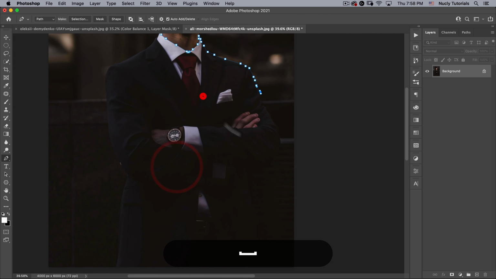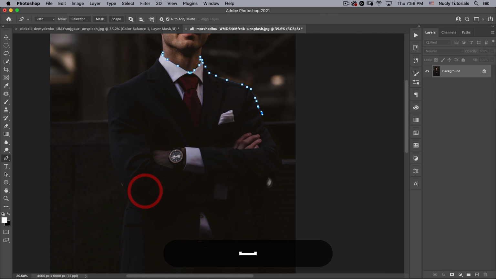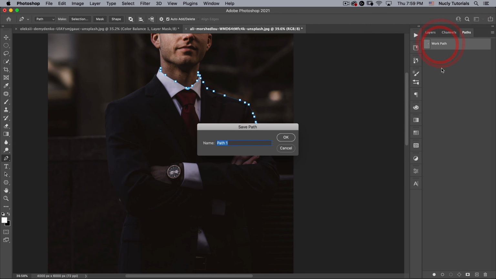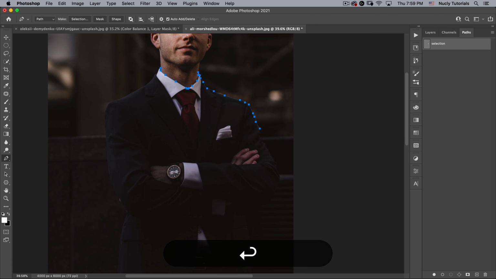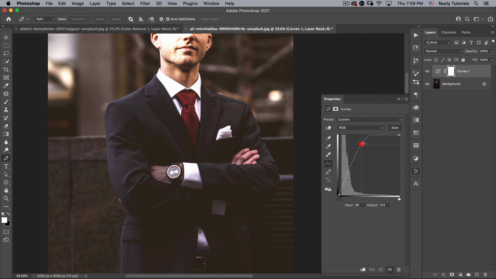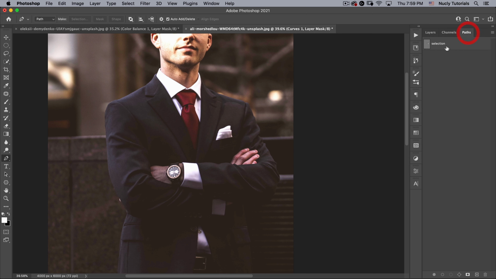One trick here is it's really dark here, so it's hard for me to make a selection. So how do I solve that? Well, what I can do is first I'm going to go ahead and name this selection just so that if I accidentally start making a new path like this, it won't overwrite what I've already done. But I don't want that path active because what I'm going to do is just add a curve here and make the whole thing brighter. And if I have my path selected, it'll try to use that path to make a vector mask. So just make sure you have your path unselected or do it before you start making your selection.